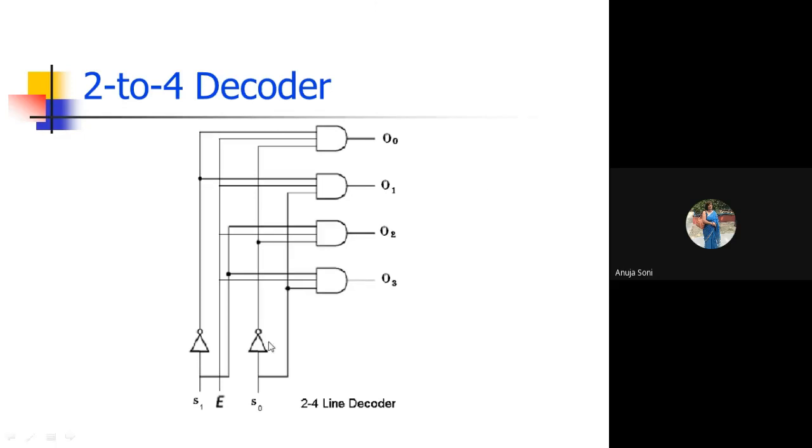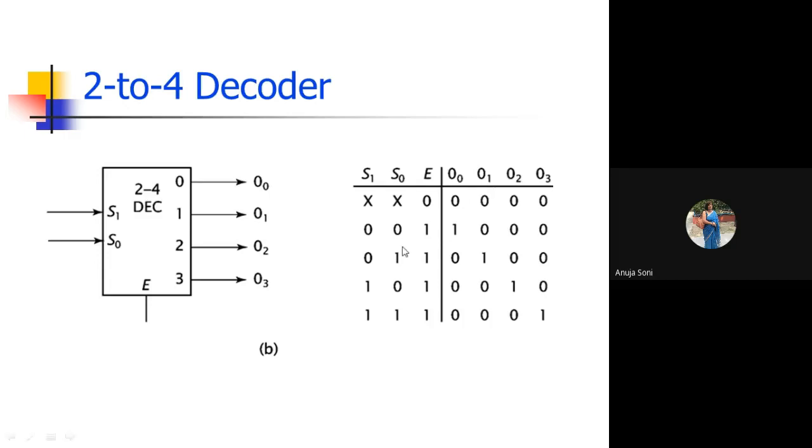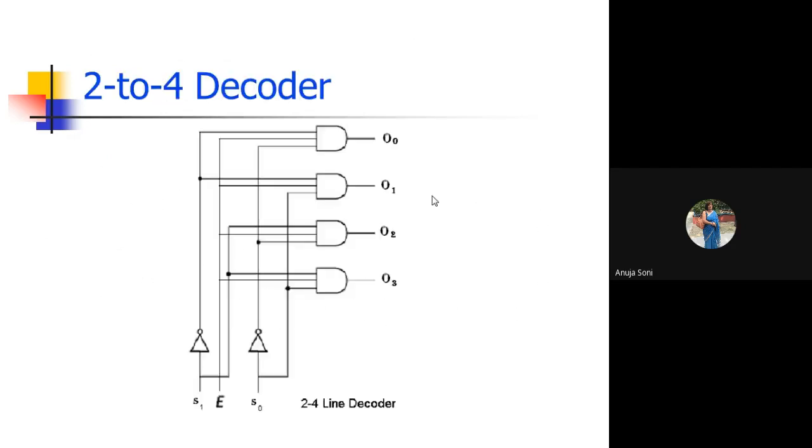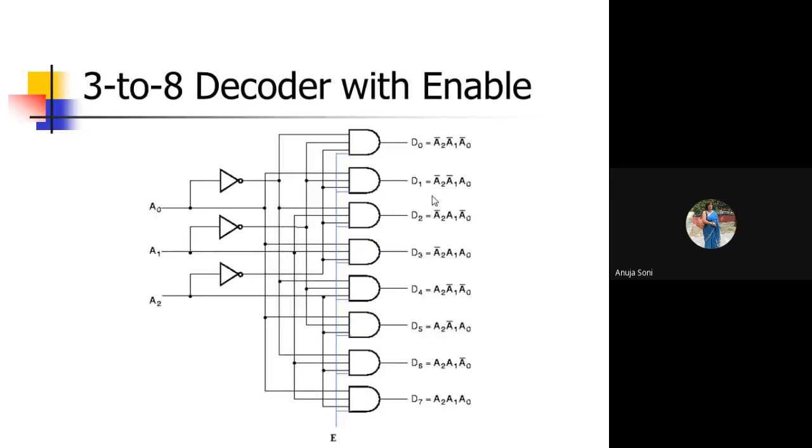And in between, the enable signal E is also to be connected to each of the AND gates. It means that whenever its value is equal to 1, provided all other values are 1, only then will this decoder be functional. In case the value of E is not 1, it is disabled, so it will not be functional. That entire decoder will be disabled. The E signal has been introduced to make the decoder enabled or disabled. So this is the way to draw the logic circuit diagram and truth table of the 2:4 decoder, as well as your 3 to 8 decoder with enable signal. Enable signal means you have to introduce an enable line everywhere.